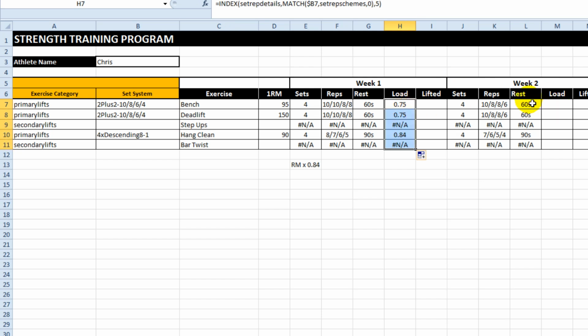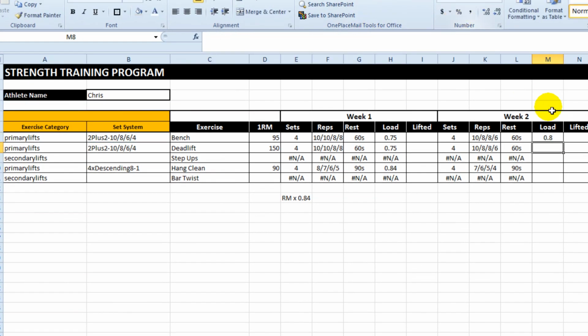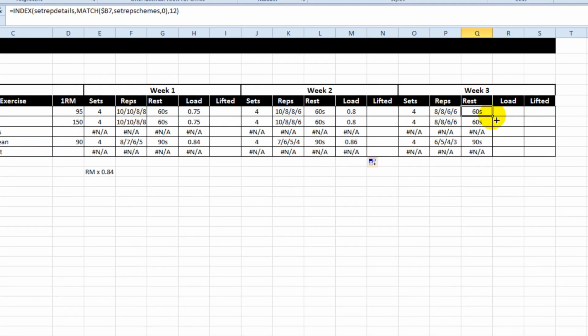Clicking that down, drag, change that to 9, drag that across, change it to 13. So things are coming along pretty well. We just have to